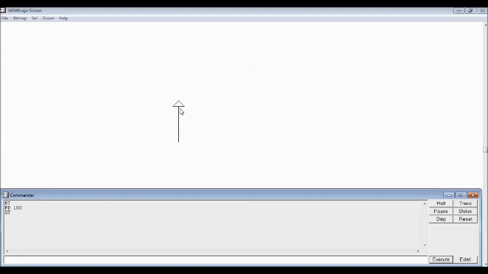Right now, can you see your turtle is not present at the home position? If you want to bring your turtle back to the home position, you need to simply give a command called home and enter. And your turtle will come back to the home position. Remember, except FD, BK, RT, LT, we don't use any step number or angle number with any other command.